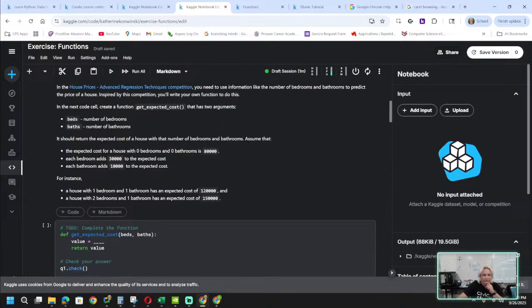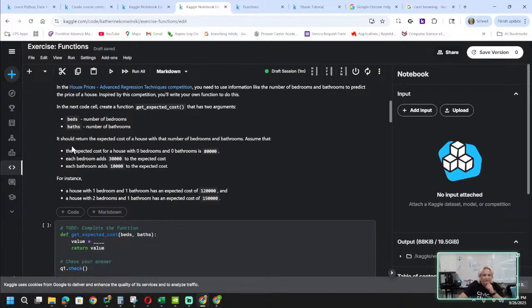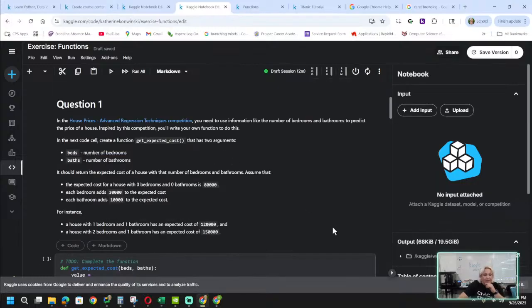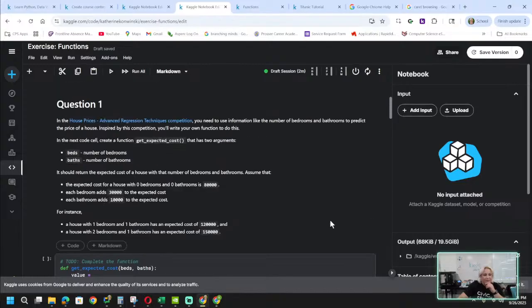So I'm going to go back to my notebook, and right here, get_expected_cost has 2 arguments. It should return the expected cost of the house given the number of bedrooms and bathrooms. Assume that the expected cost of a house with 0 bedrooms and 0 bathrooms is $80,000. Wow. And each bedroom adds $30,000 and each bathroom adds $10,000. For instance, a house with one bedroom,